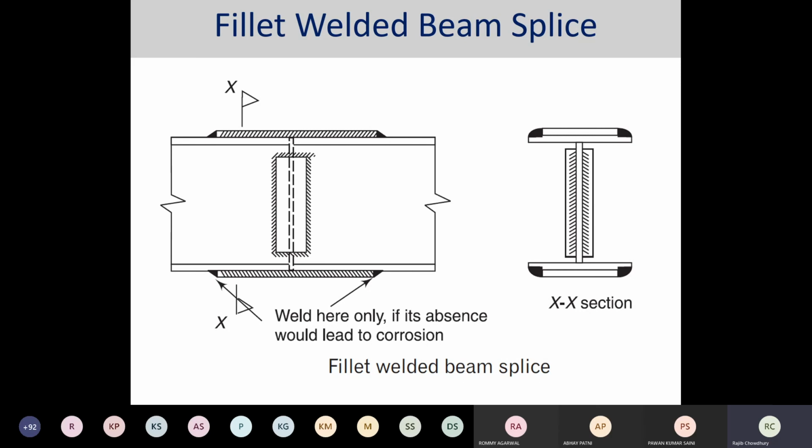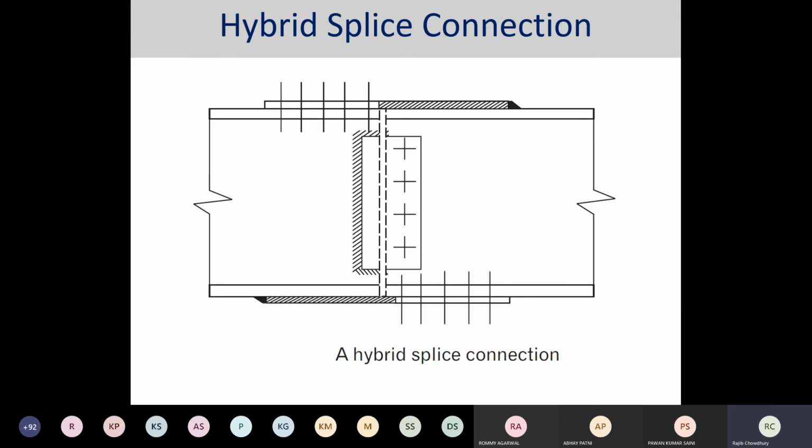Here also, none of the members would be the actual length that you desire, so at some point you have to join some members together. That is called splicing. So how do we do the splicing? Splicing can be done either through bolting or through welding, either through a lap joint or through a butt joint. This is one of the configurations where we can utilize the fillet weld to make the beam splicing. Similarly, we can make the column splicing also.